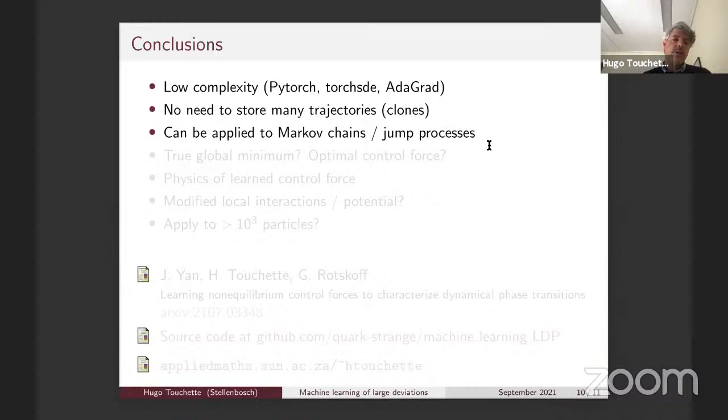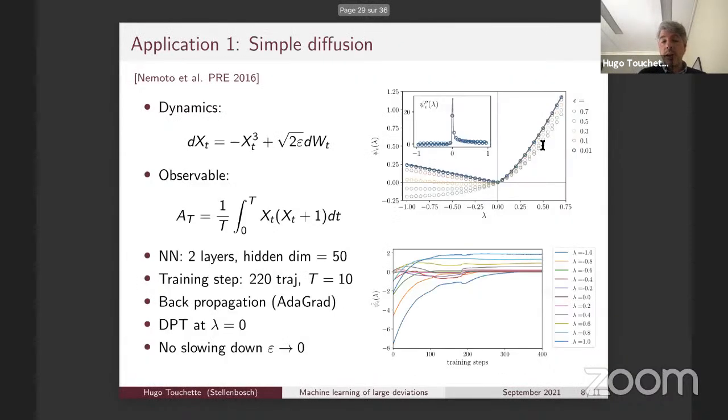Now, there are various questions that you can ask yourself and various problems that you have to deal with. So it's not all rosy here. One, which is common to all the methods, and in fact is a problem that you have to deal with whenever you're using neural networks, is whether you reach the true global minimum, whether you've calculated the optimal control force and not just something that is suboptimal. We're working on this now. Specifically for the large deviation problem, you can devise some tests to tell you whether you're in the global minimum regime. For instance, if I go to the training diagram where you see convergence, the fact that you see convergence doesn't mean that you converge to the global minimum.